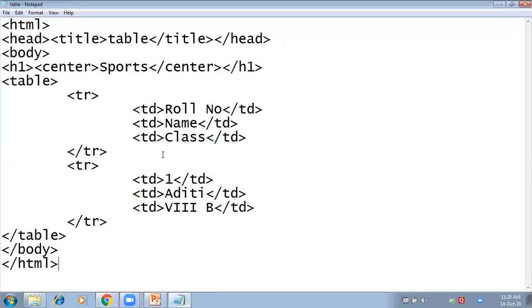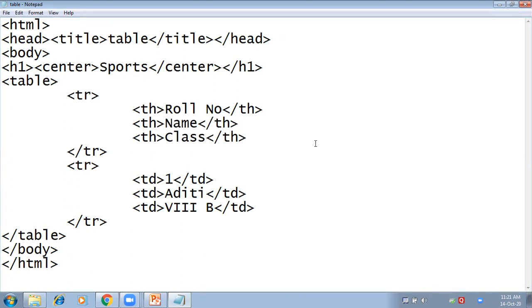But before doing that, I'm doing one change. Instead of TD attribute, here I'm using TH attribute. TH stands for table heading, because roll number, name, and class is a heading of the table. So here I'll be using the TH attribute. It is not compulsory. Even you can use the TD attribute and the bold attribute together to make the headings bold.